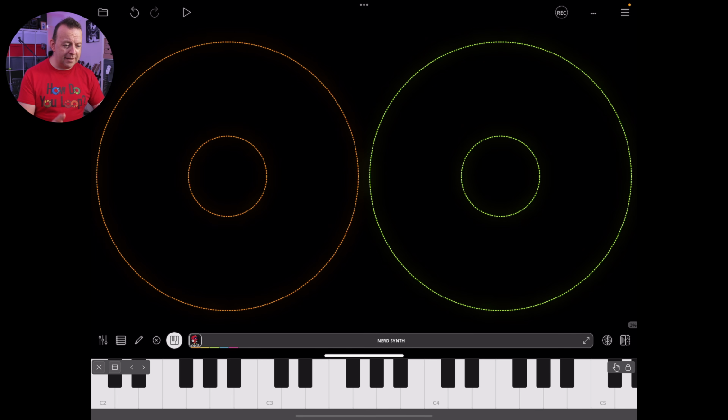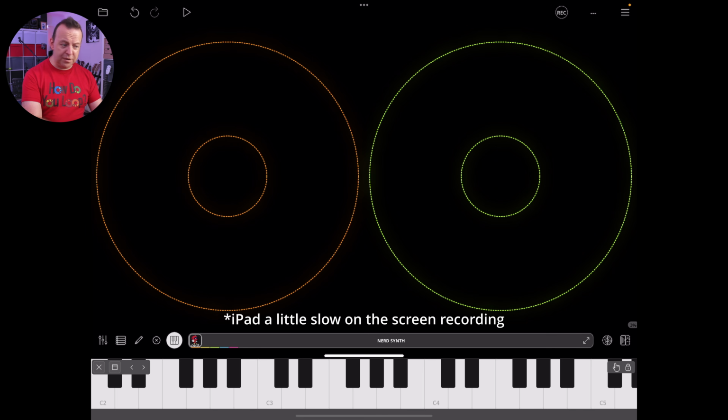So I've set up a really simple system, which has got 2 MIDI loops, an orange one and a lime one. That actually doesn't matter. And just to show you the keyboard, I've got the keyboard here running with the nerd synth, so you can hear it coming through, and then both MIDI loops can record from that and send it out to the nerd synth. Now if I was to hit record and just record something,